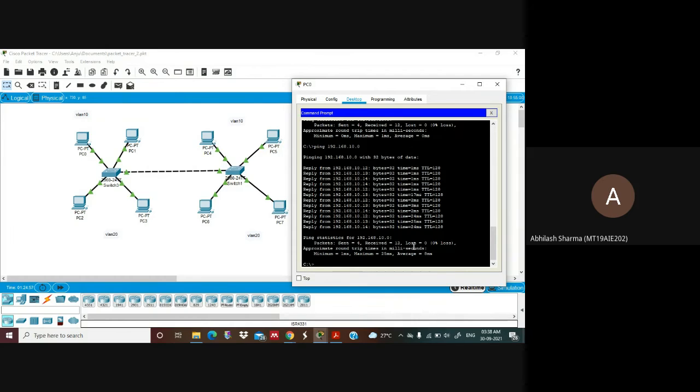The next part is, can we send data from VLAN 10 to VLAN 20? If yes, which network device can be used? Communication can happen from one virtual local network to another, but because they are on a different domain, there is a device called a router, which will be connected with these two switches, and then messaging from one network to another can happen. We'll see that in a couple of minutes.